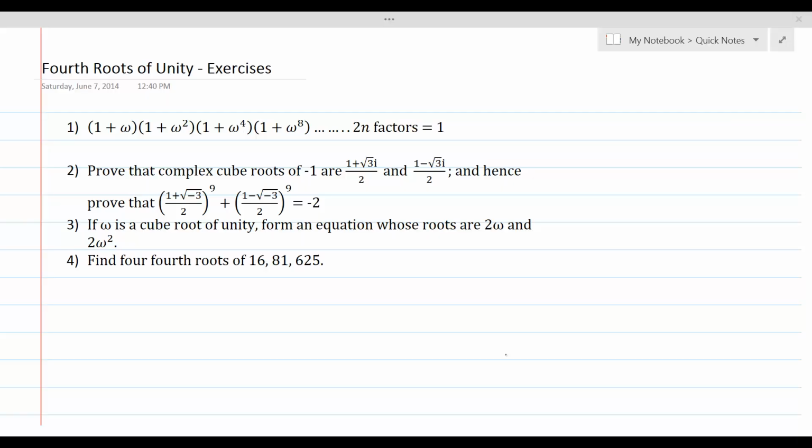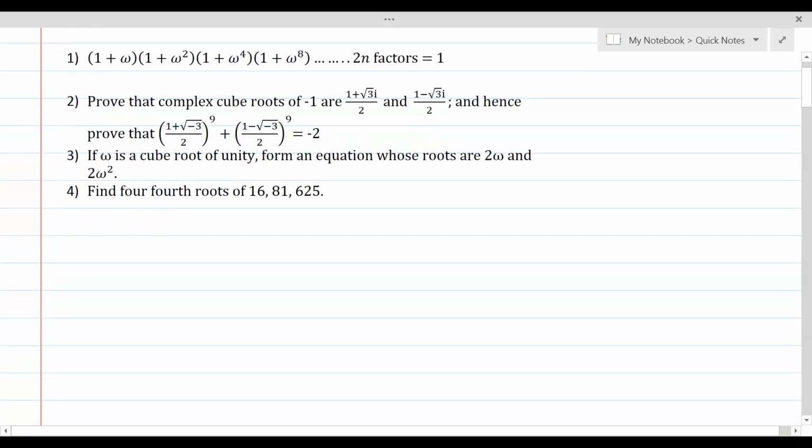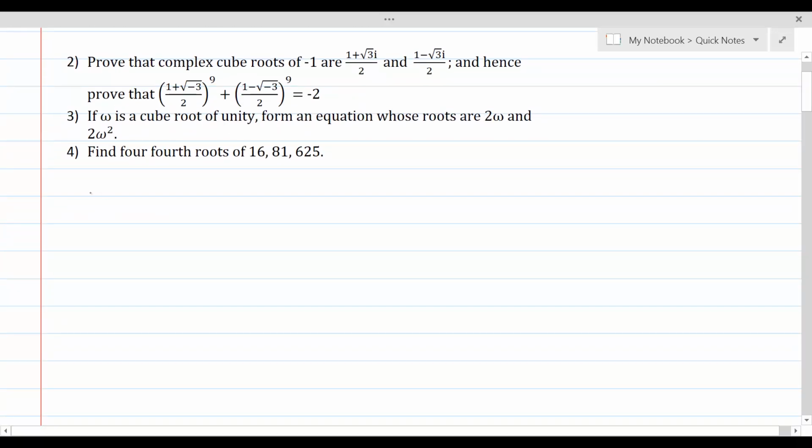In this lesson, we are going to practice the solution of a few questions to perfect our understanding of cube roots of unity and fourth roots of unity. Let's get started with question number 1, for which the left hand side is equal to 1 plus omega times 1 plus omega square times 1 plus omega 4 times 1 plus omega